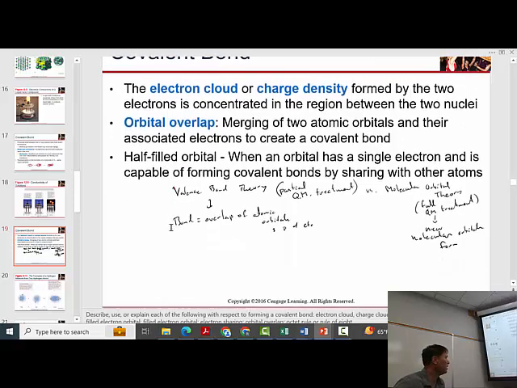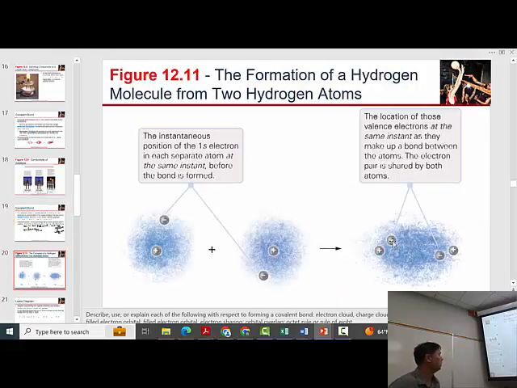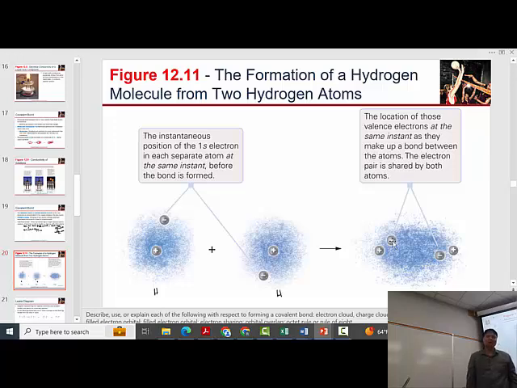Essentially, the bond is an electrical attraction here. This is a hydrogen atom over here, and this is a hydrogen atom. And what are these blue dots called? Electron cloud, right. That's an electron cloud. This is for the 1s orbital here. If you bring these two together, then we have overlap of the two 1s orbitals. And so I'm going to draw in the